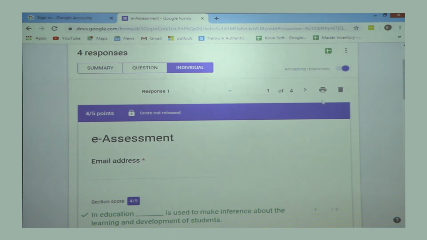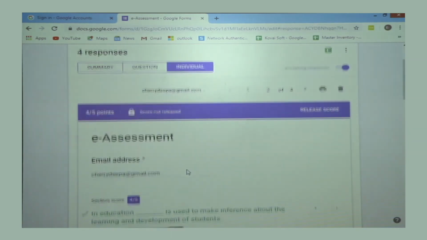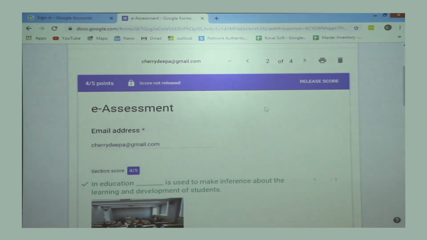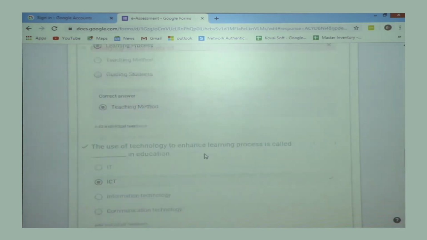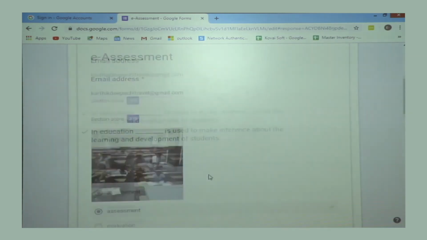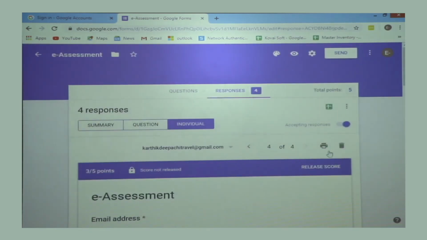See, first individual, second. So you can keep it as a portfolio, and you can use it. See, the second candidate, the third candidate, and the fourth candidate details. Everything is very clear. You can print the responses. Another beautiful feature present in Google Forms is this, view responses in Google Sheets.